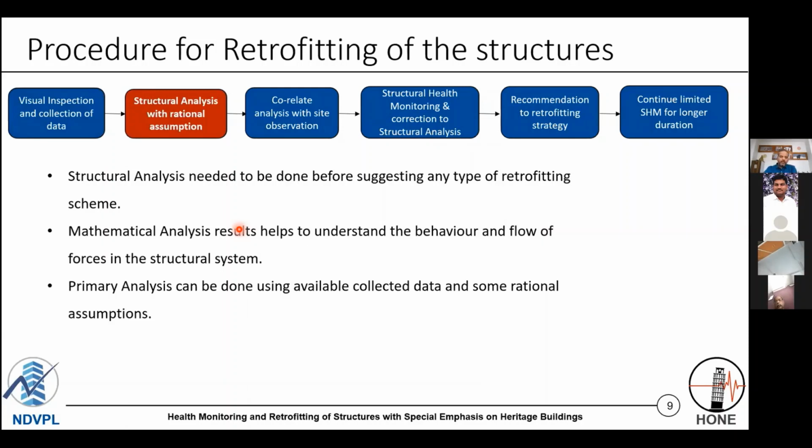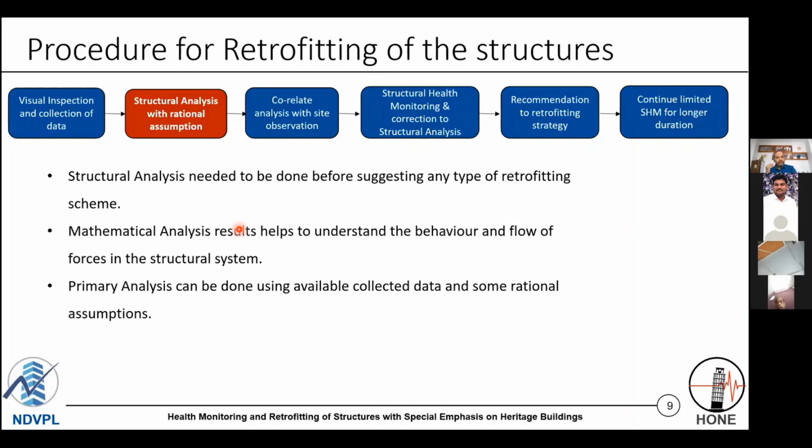Once stage 1 is completed, we should do structural analysis. So somebody may say, sir, if we are going to do structural analysis for the retrofitting, then it's as good as design of a new structure. But honestly speaking, retrofitting is a more difficult, more time consuming, more laborious task compared to design of a new structure. And it warrants more effort if you want to give justice.